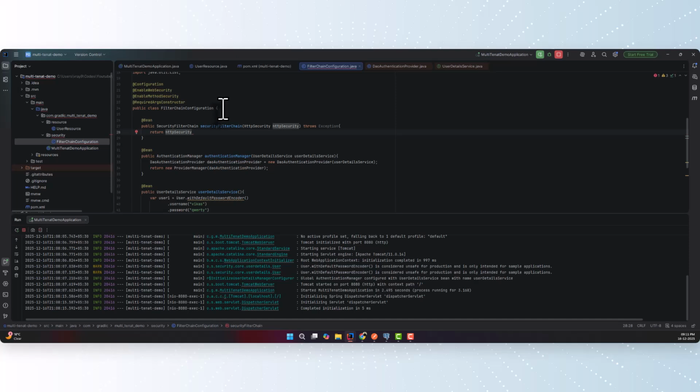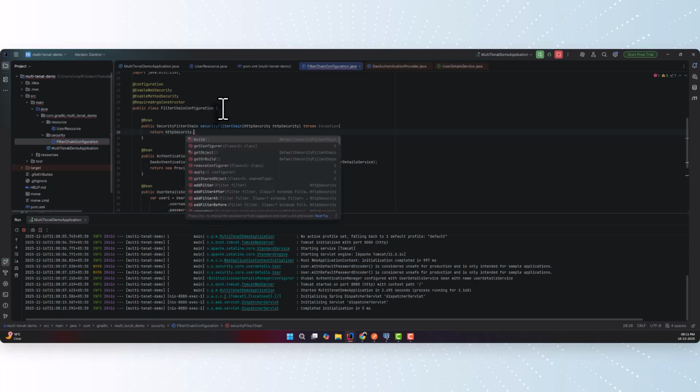So those URLs we can pass. So what I'll do, I'll pass the authorized HTTP request,